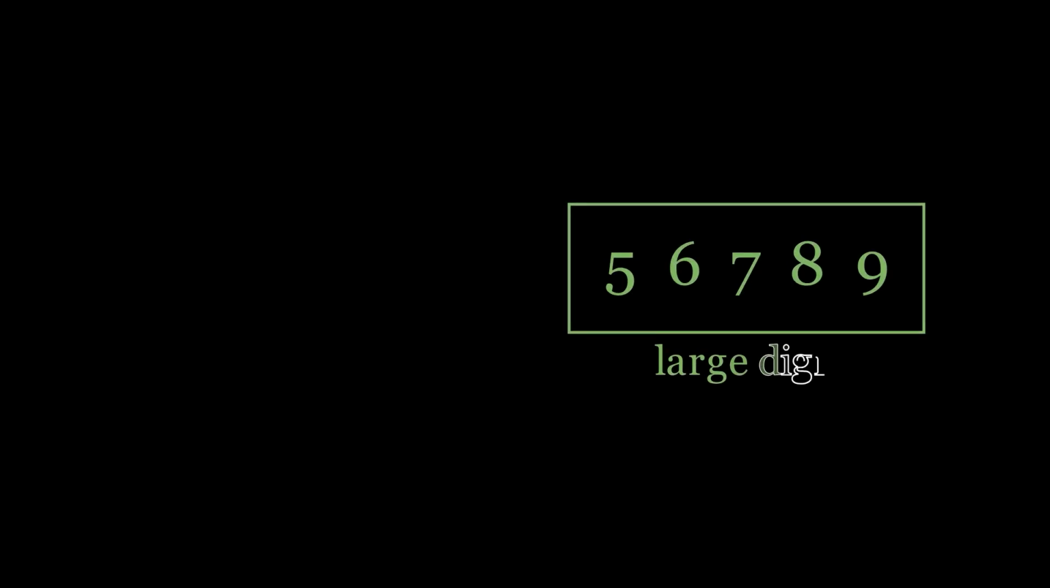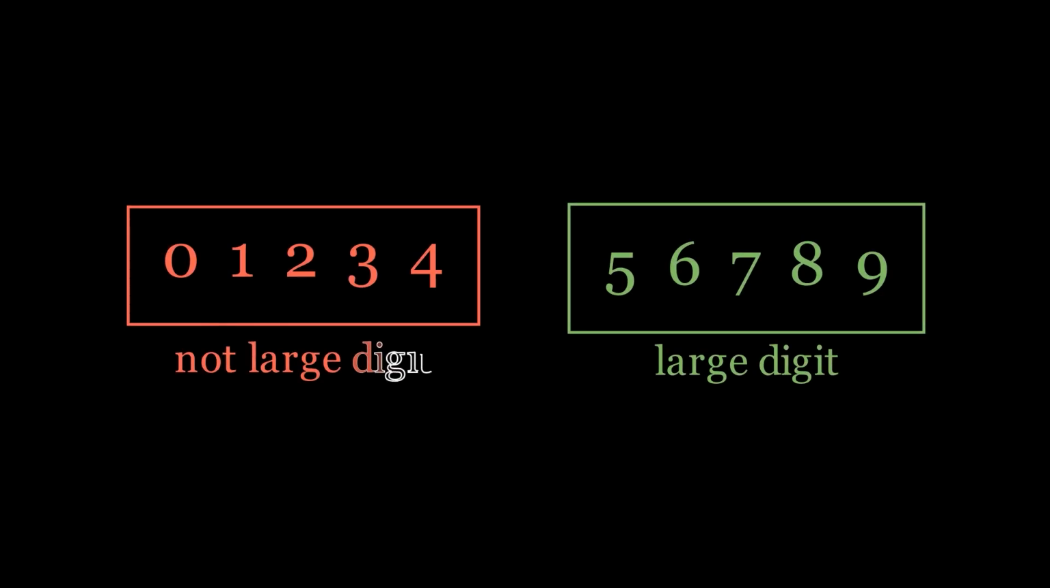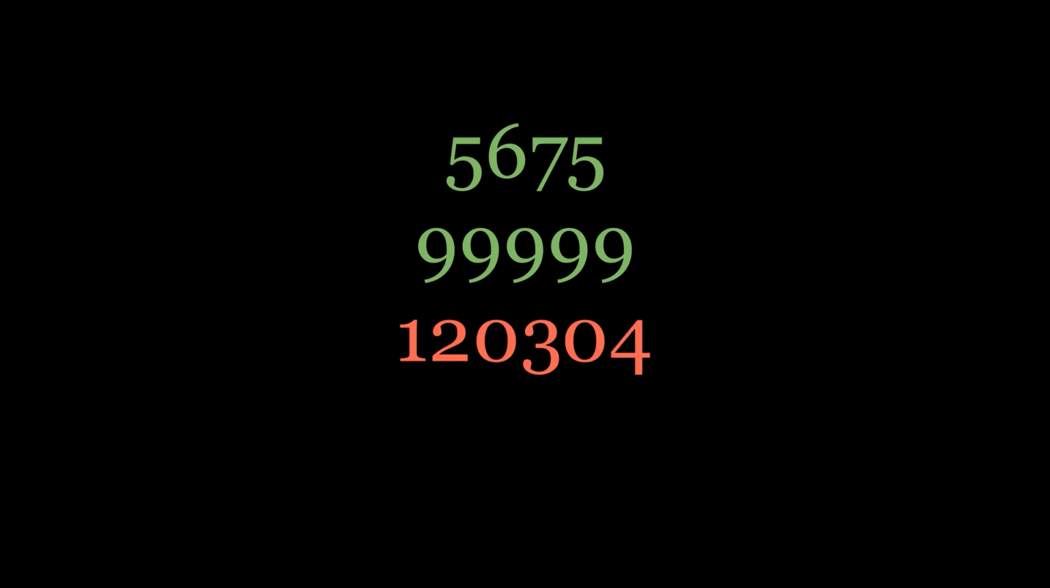So in problem B, we have large digits, but what is a large digit? Any digit between 5 and 9 is considered large. A large number is a number only consisting of large digits. For example, 5675 and 99999 are both large numbers because all their digits are large. However, 120304 is not large because none of its digits are large, and 56745 is not large due to the digit